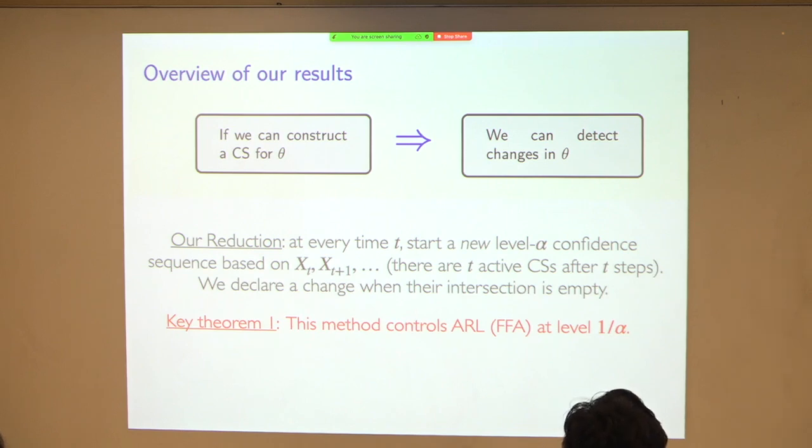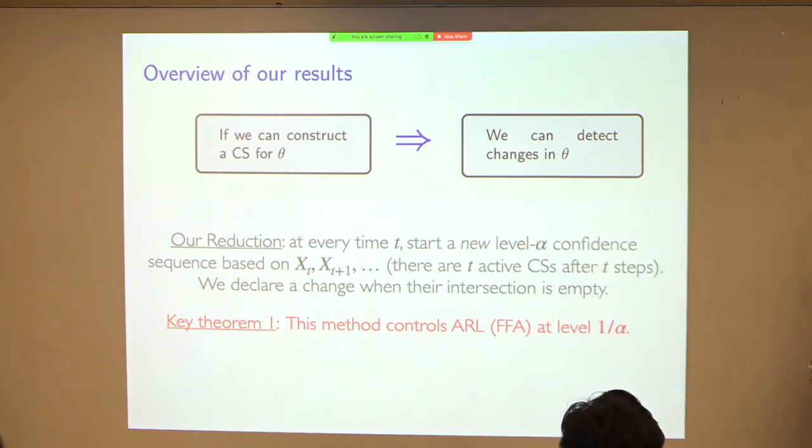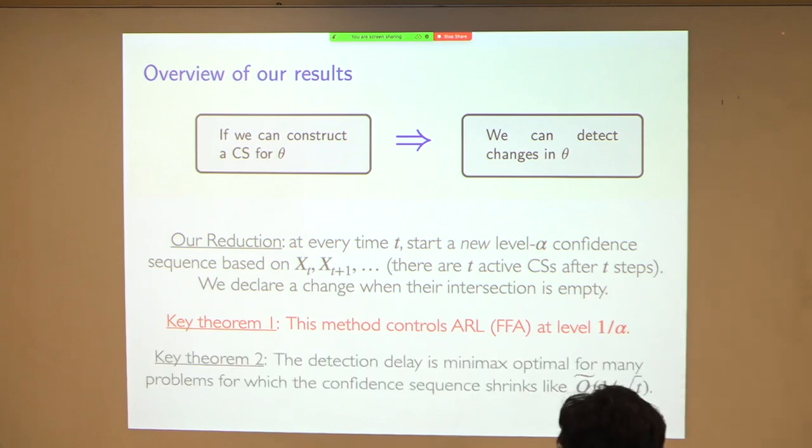at 1 over alpha. So you have 1 minus alpha confidence sequences, and you get average run length at level 1 over alpha. I think it's very cute that this is non-asymptotically valid at that level. You don't get any other weird constants here. You get 1 over alpha. That's nice. And the second theorem is that somehow if the confidence sequences have minimax optimal width, then the detection